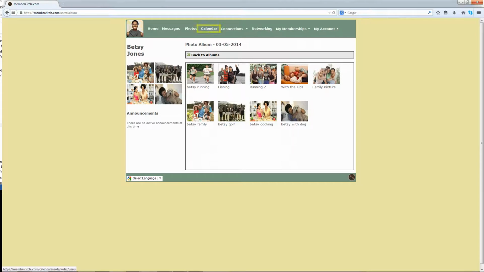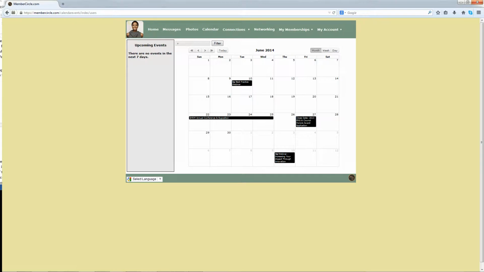Clicking the calendar link at the top of the page will take us to the individual calendar module, which acts as a compiler for all of the user's groups. This calendar shows events from one ERG. If an employee belongs to more than one ERG, they can color-code events from different groups to make the calendar easier to navigate. The Connections tab at the top of the Personal page shows a drop-down menu that allows users